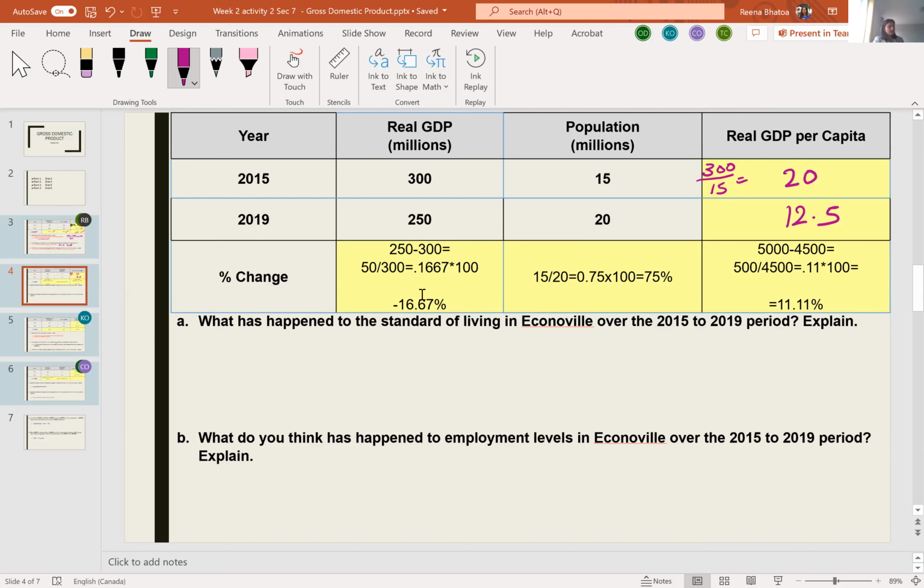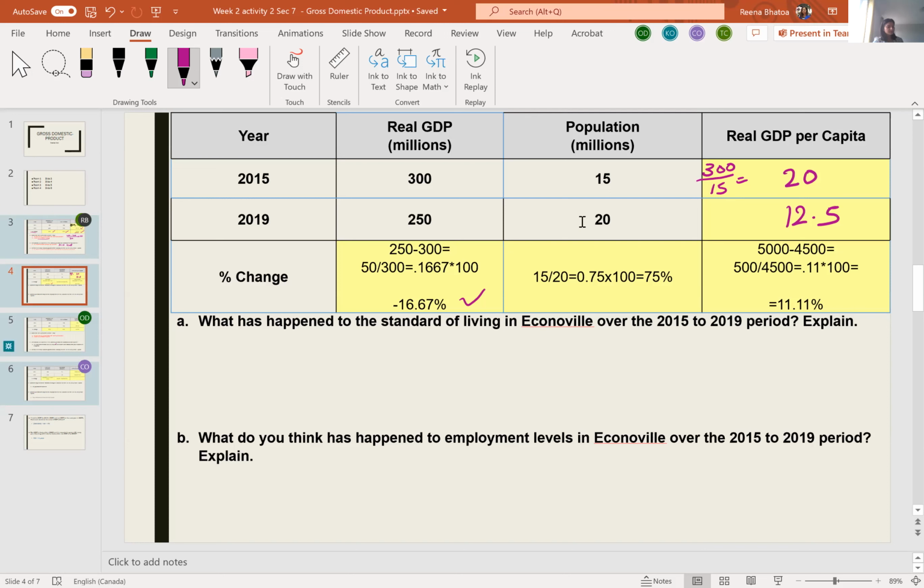Okay. And for these ones, real GDP, yeah, so 250 subtract 300 divided by 300 times 100, it's 16.67%. And real GDP population has increased by,